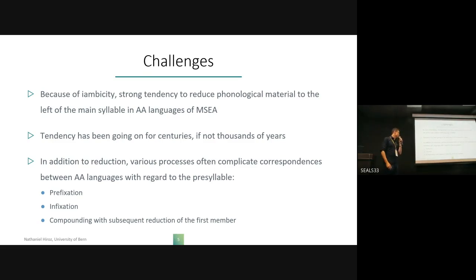And in addition to this challenge, we also have various morphological processes that complicate comparison when we're talking about the presyllable. So prefixation, infixation, and compounding with subsequent reduction of the first member of the compounds, all these